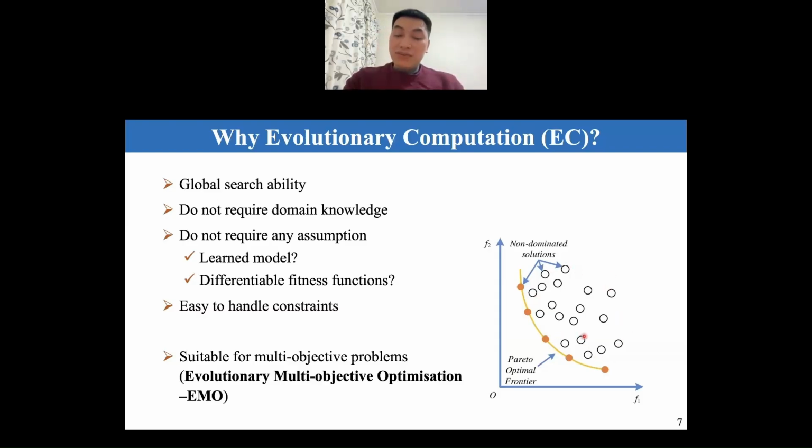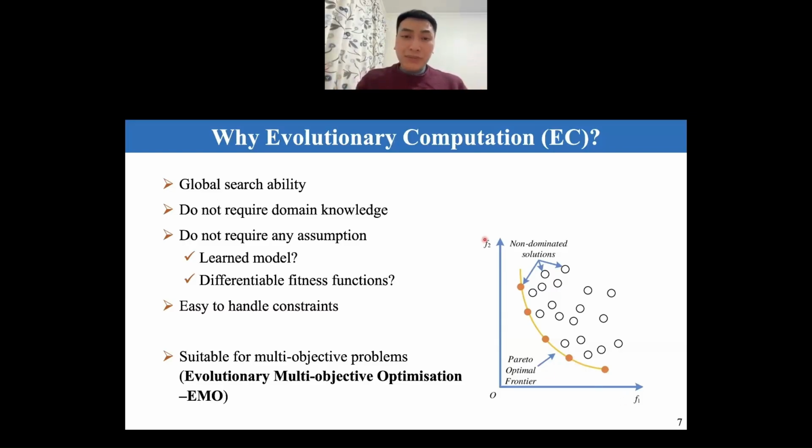And the good thing here is that because we have so many candidate solutions, each solution can represent a trade-off between the two competing objectives, and therefore it can naturally be used to solve the multi-objective problem, where the main goal is to find a set, we're going to set up a parallel set of solutions where each solution is a different trade-off between the two objectives F1 and F2